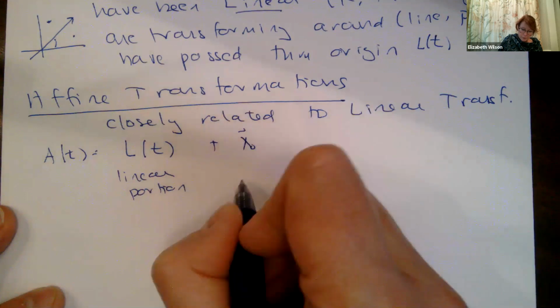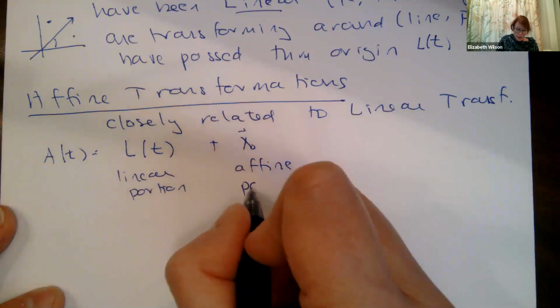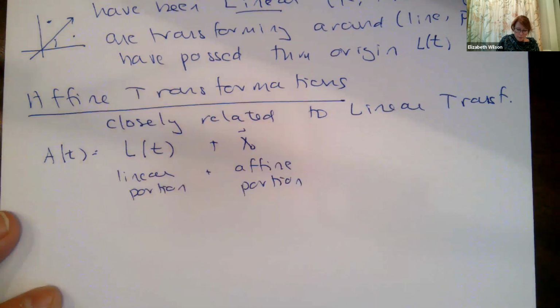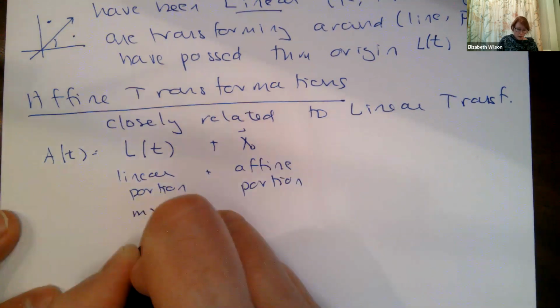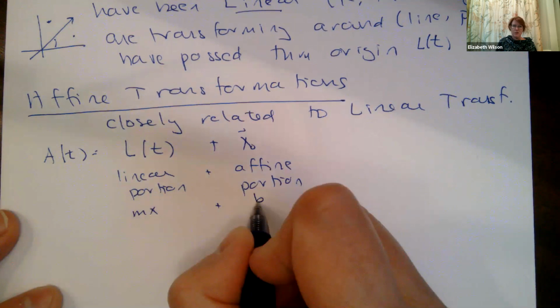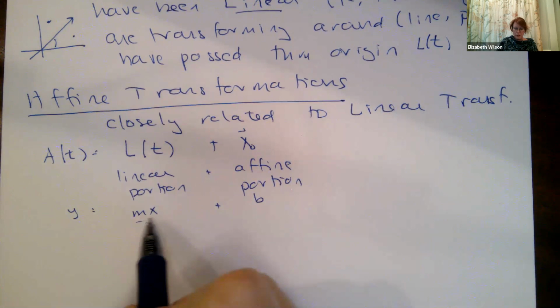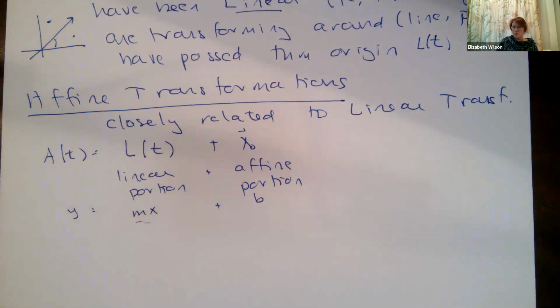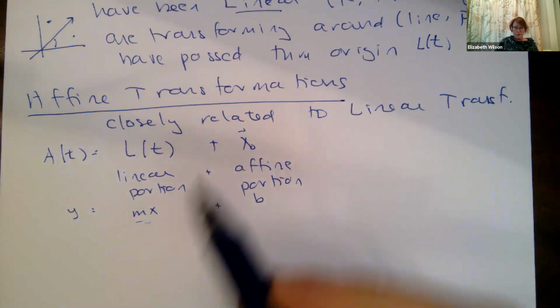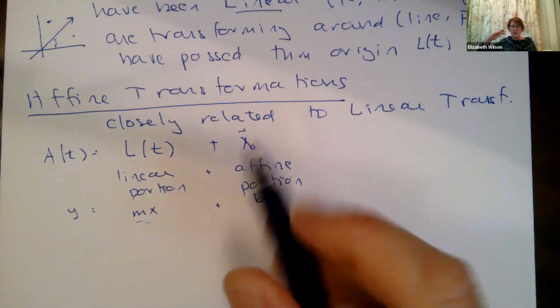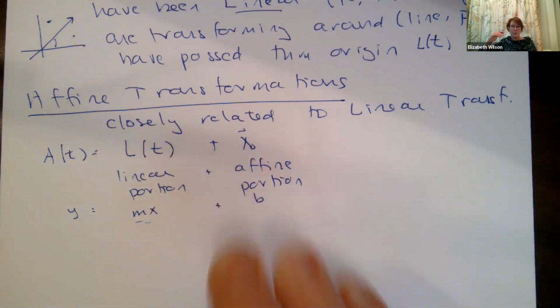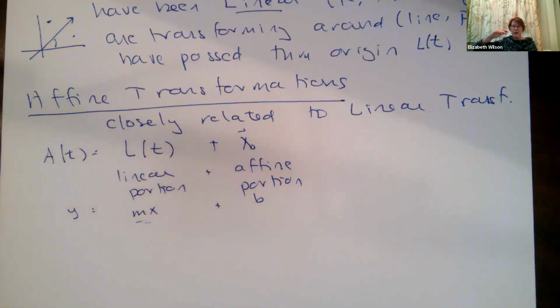I always think about this as my mx plus b, right? This is like my y equals mx plus b. mx is just that slope, it's just that line that goes right through the origin, and m tells us how steep or how shallow that equation is. b is our y-intercept, right? So when it goes through the origin, b is equal to 0. So it's just y equals mx. That's linear, right? But now if we're going to include this shift, so it's y equals 2x plus 1, right? I've got this slope of the line, and my y-intercept is equal to 1, right? So it looks like,